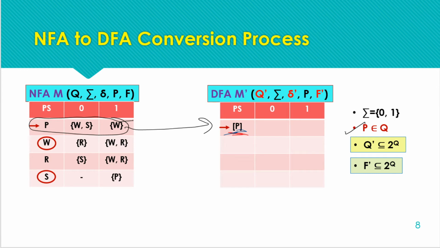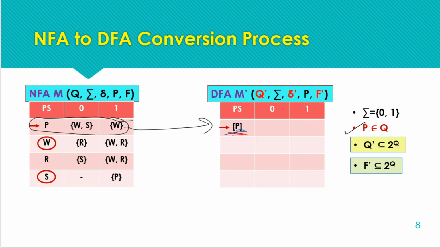And one more thing, we have to consider the newly identified states in the sequence of their appearing. This is not going to change the question or the answer, but we will not be missing any of the states. If we are not considering the states in sequence, then we may miss some of the states, and we may miss finding the transition for some of them. So we should work in sequence only.